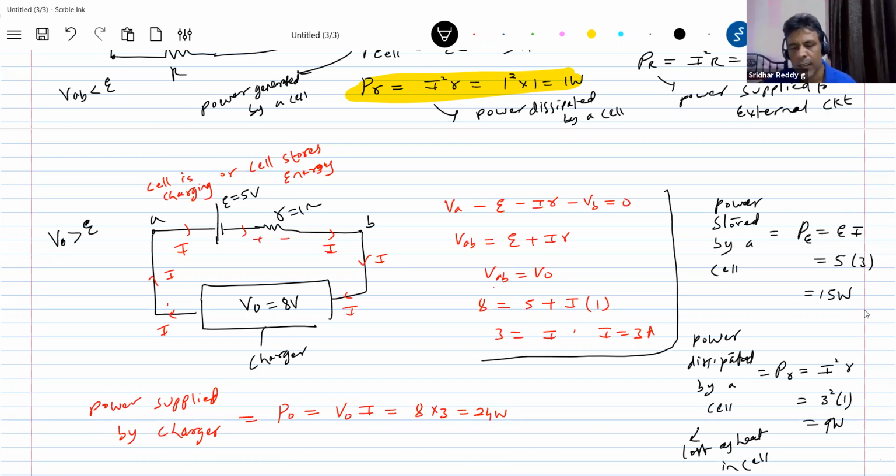Tell me, when the cell is charging or discharging, what will that internal resistance do? It will consume power. So whether you are charging or discharging, what should happen? The internal resistance of the cell should be as minimum as possible. Then only is it a good quality cell. That's why you see some mobiles get heated up when you keep them for charging. What happened? Where is the fault? The internal resistance of the battery which is inside.